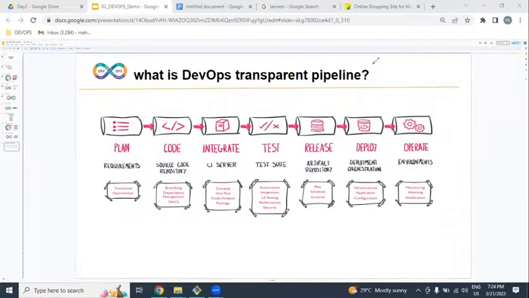From the dev environment to operations, that means we are part of coding, integration, testing, release, deploy, and operations. So in a real case, what will happen? Developers are continuously writing code. This code we are calling what? Software. This code we are going to be placing on